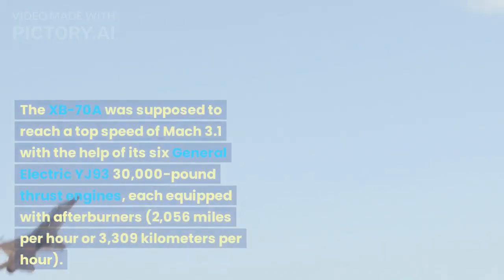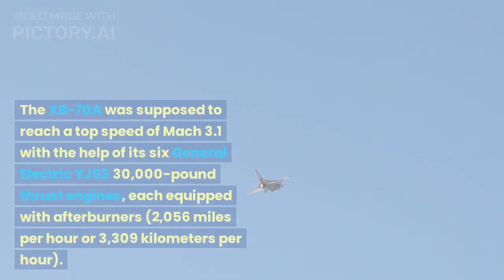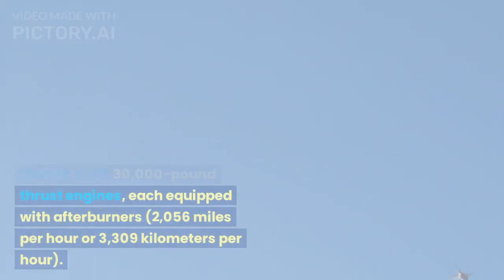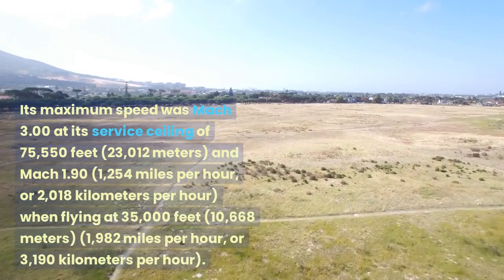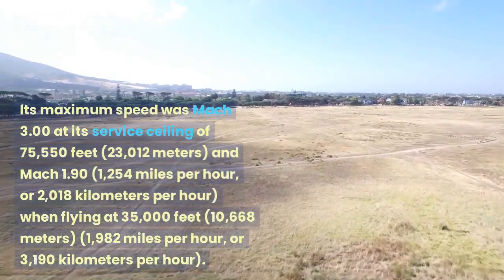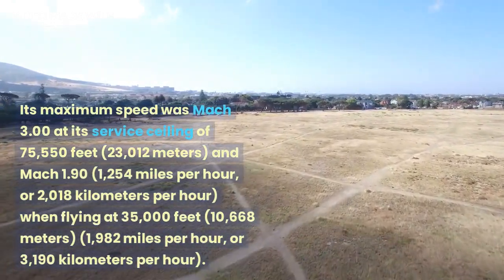The XB-70A was supposed to reach a top speed of Mach 3.1 with the help of its 6 General Electric YJ-93 30,000-pound thrust engines, each equipped with afterburners, 2,056 miles per hour or 3,309 kilometers per hour. Its maximum speed was Mach 3.00 at its service ceiling of 75,550 feet, 23,012 meters,